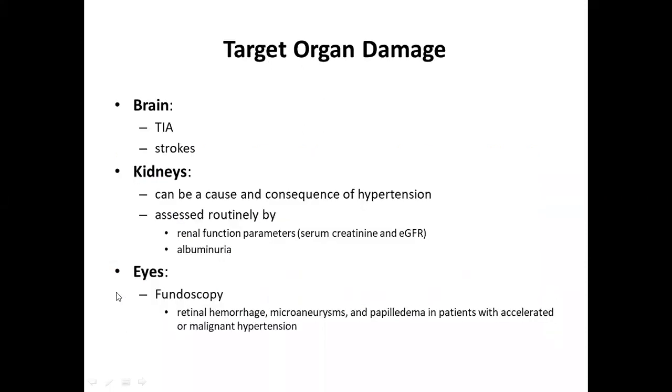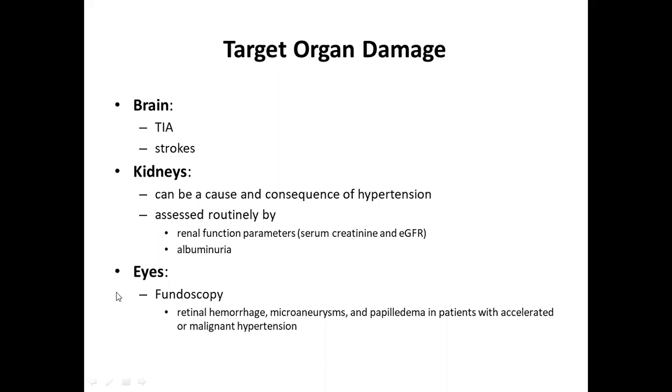So we have now, after discussing all these things about hypertension, you need to know what are the target organ damages or what organ damage hypertension can cause. So basically, it can affect every organ of the body. However, there are major organs like the brain, which is affected highly, like it can cause stroke and TIA. TIA is transient ischemic attack, which is very common in hypertensive patients. And similarly,